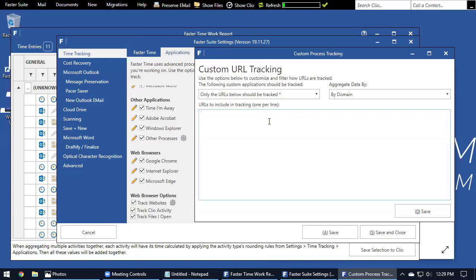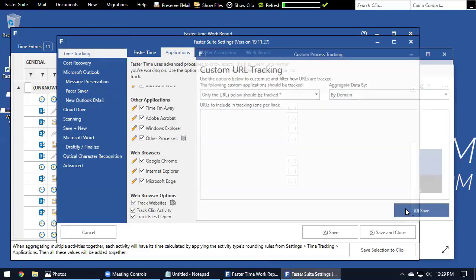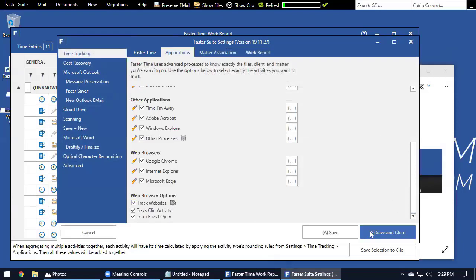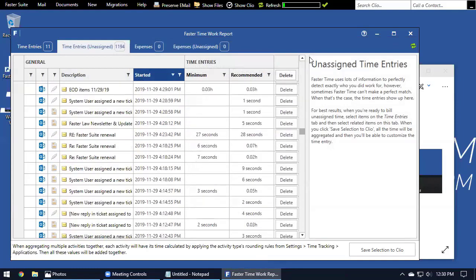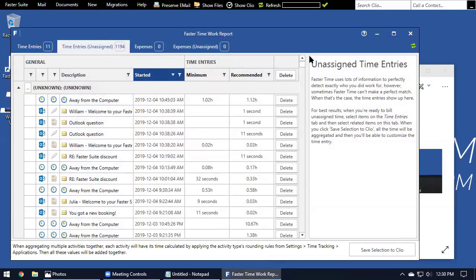Any specific website that you use, like for example, if you use Gmail for your emails, you could type in just the Gmail domain here and have it just track those websites. So that's one way of filtering through our websites. But beyond that, if we want to track all of our internet activity, we're going to have a ton of entries in this window. So the first really useful thing we can do here